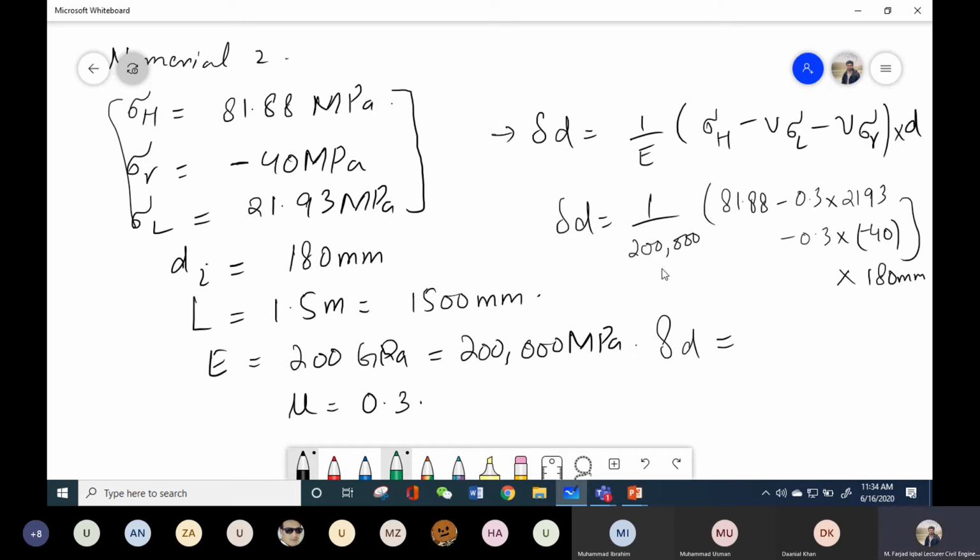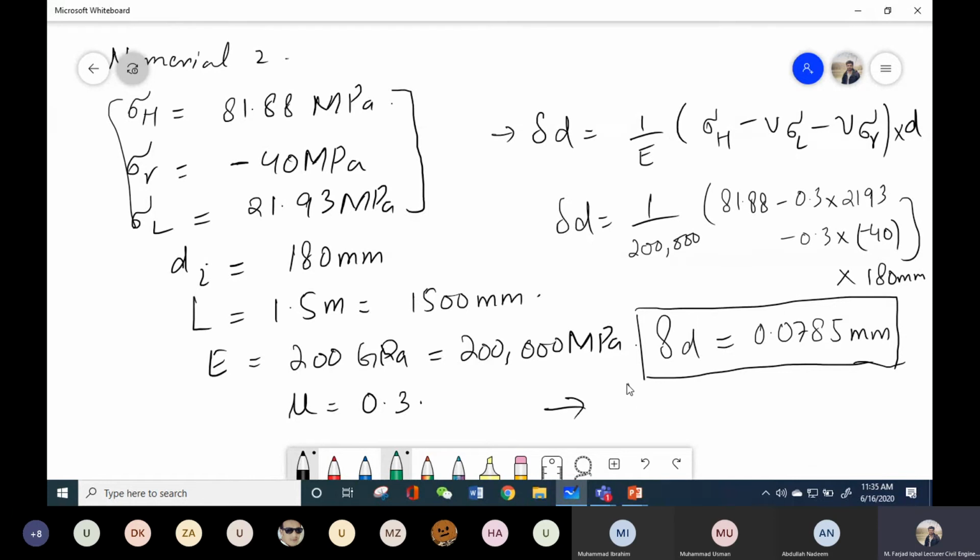So what is the value of change in diameter? Sir, 0.07. Is it 0.0785 millimeters? Yes, sir. So this is the change in internal diameter of the thick cylinder when these three stresses are acting on the cylindrical element. Similarly, the values of change in length